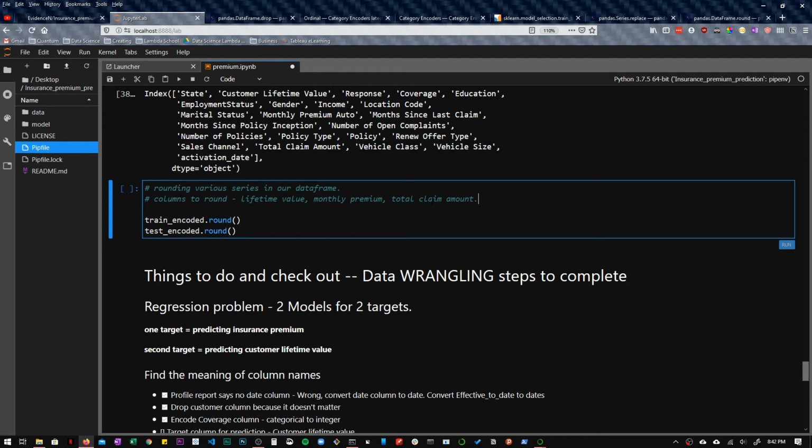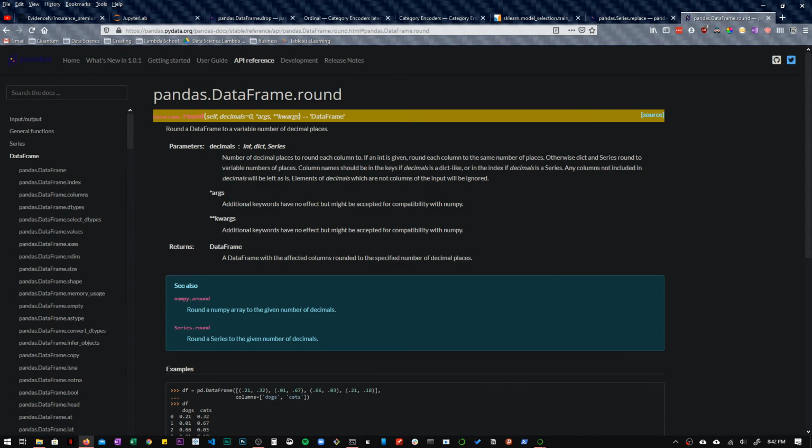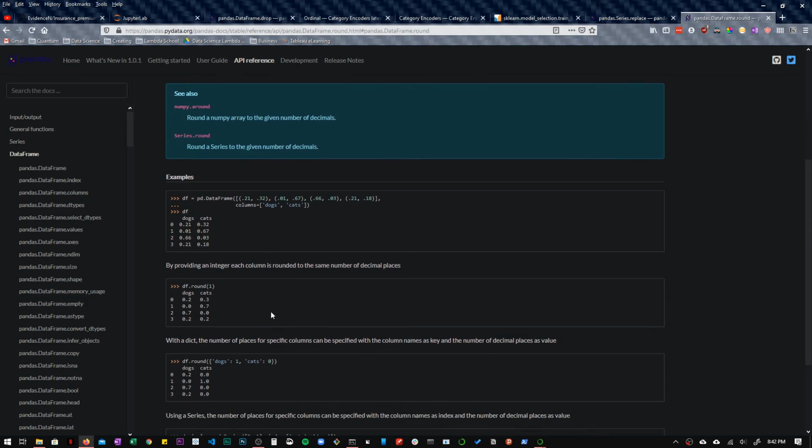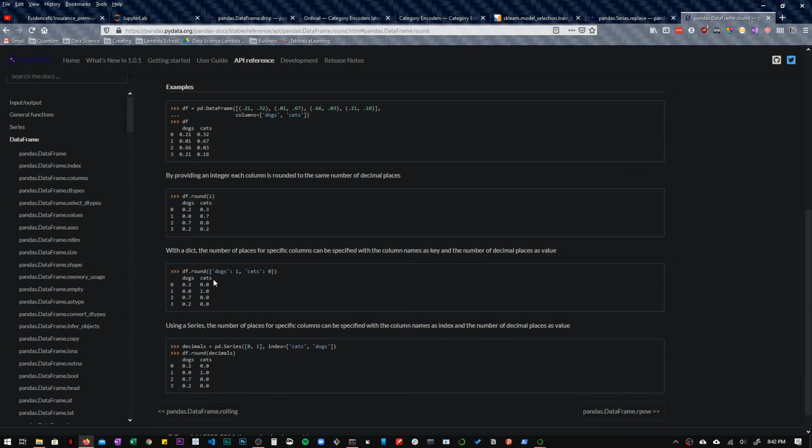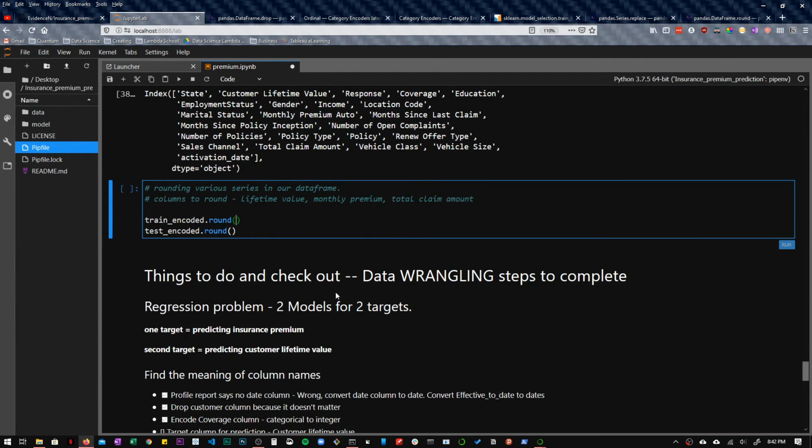And income just to be on the safe side. No, income is already rounded to two figures. So now here we have to provide a dictionary. So we have to do decimals equal to, in this case, the way they did it here. So we don't have to do decimals equal to, we just provide a dictionary. I see. So we want